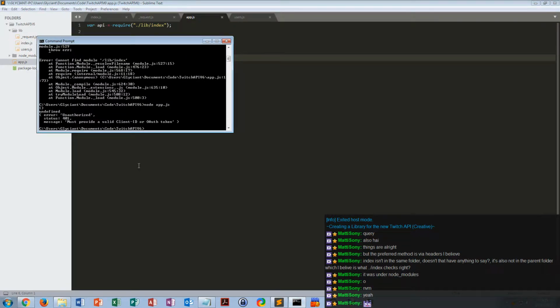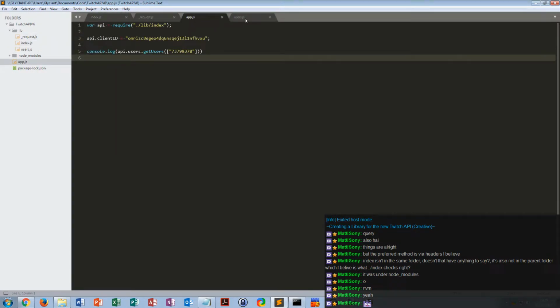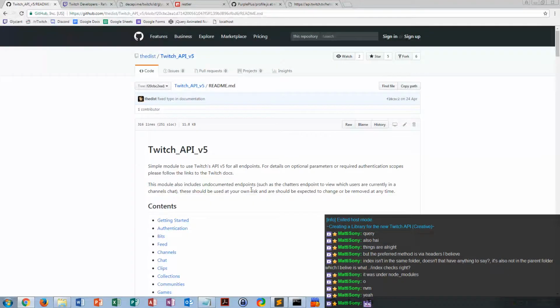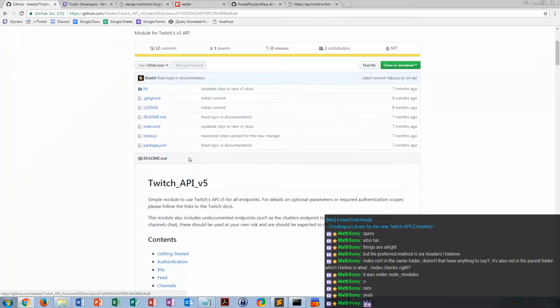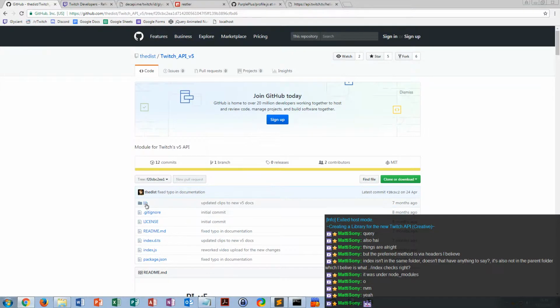Right. So again, that's not fixed it either. This is literally the exact same thing as what's listed here, and that's the bit that's bothering me. Because if I go to library,